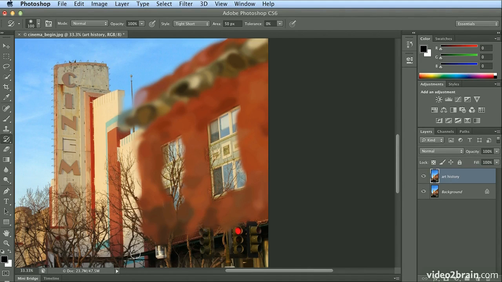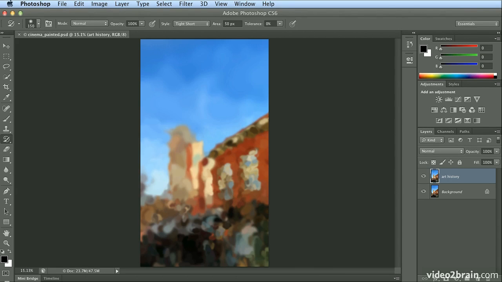So I'm going to zoom out and I'll pause the video for a moment while I finish painting the rest of this. For the windows, just a note, you might want to use your left bracket or right bracket on your keyboard to make the brush bigger or smaller to really fill in final elements for this. So I will pause, and when the video resumes, this will be painted and we can move on with our next effect. Alright, through the magic of videotape, or actually computer-based pause and resume, I have painted this whole background